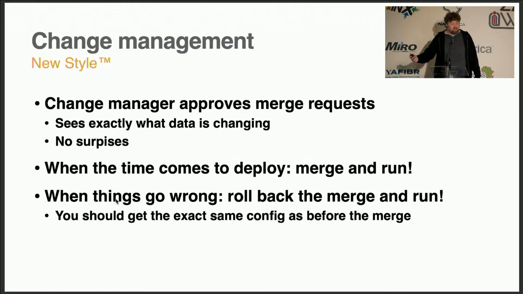So this is how it went. Like I said, change manager approves it. When it's okay, you merge the change into the main or trunk or whatever you call it. But you also have the advantage that if things go wrong, you can actually undo that merge and go like, okay, deploy the old configuration. Because if you have the same input data, then you also should get the same output data. So at that point, you not only have a verifiable change that you can approve and run when convenient, but you also have a backup. So this way made it a lot easier.